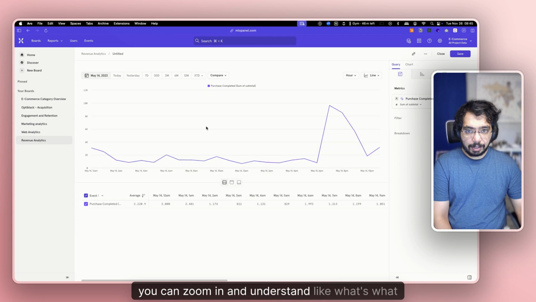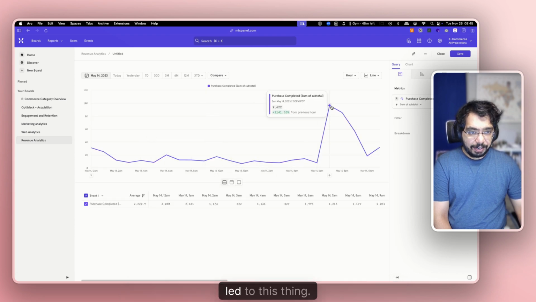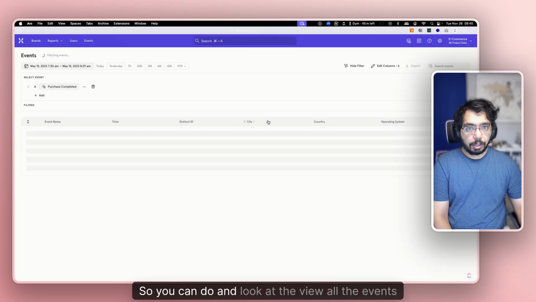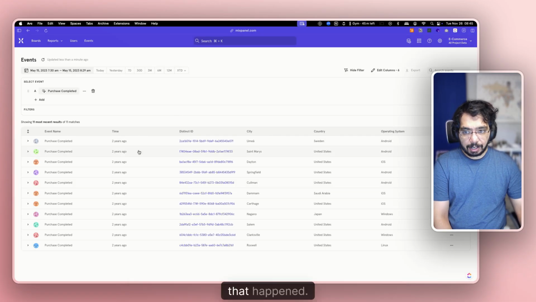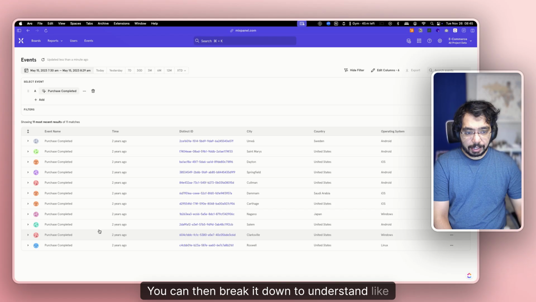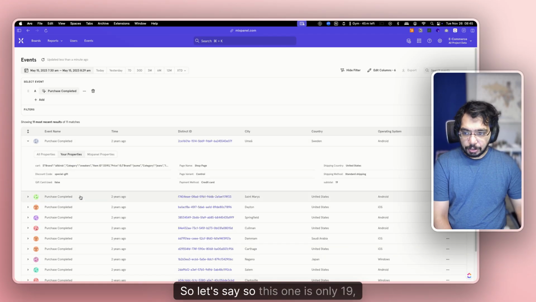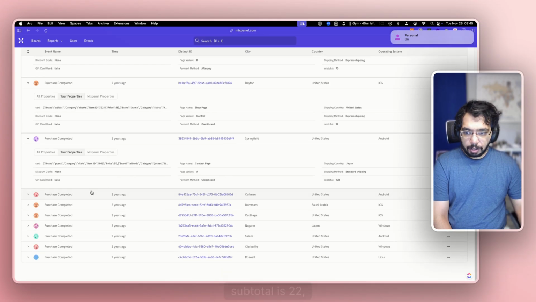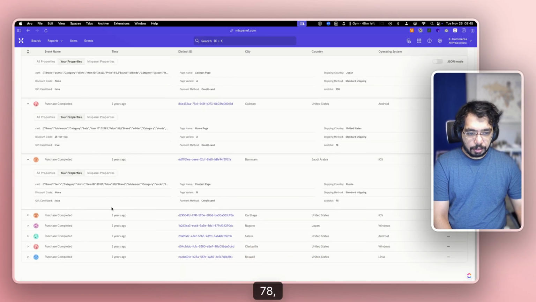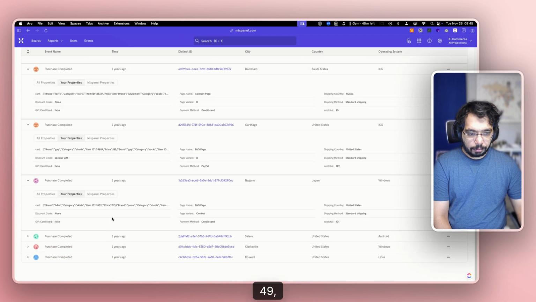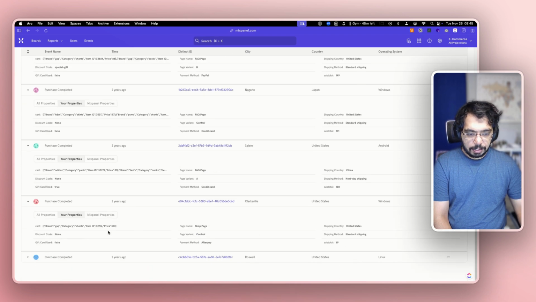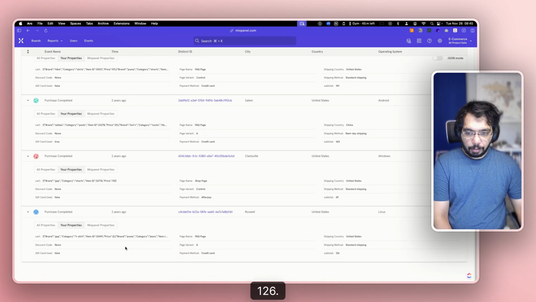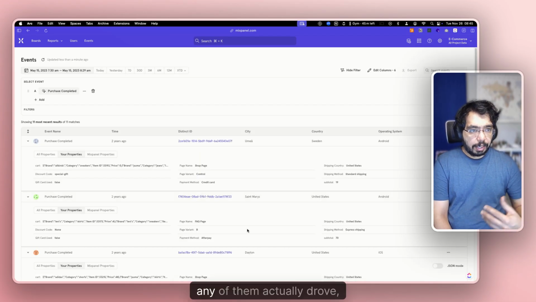You can zoom in and understand what led to this. So you can look at all the events that happened. You can then break it down to understand where these guys actually came from and why these purchases were much higher. So let's say this one is only 19, this is 70, subtotal is 22, 108, 78, 95, 49, 160, 69, 126. So you can have a look at it. Any of them actually